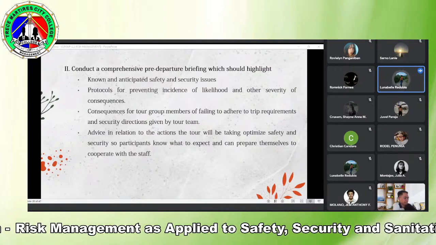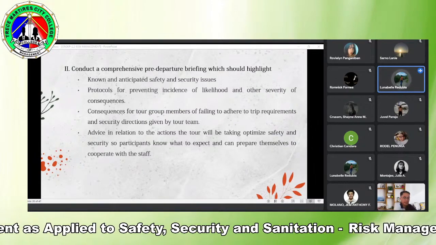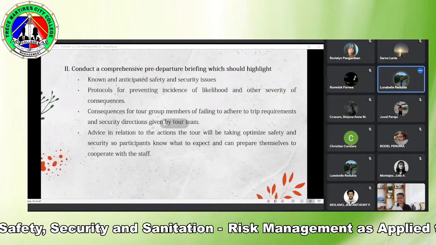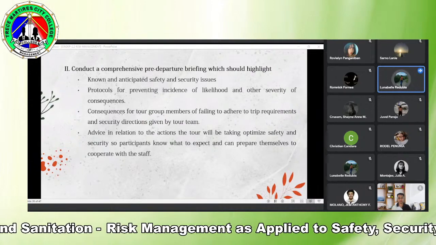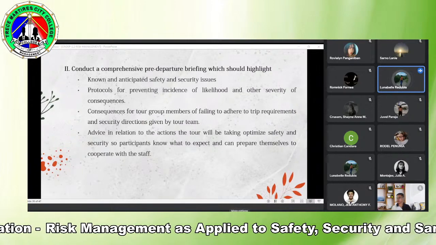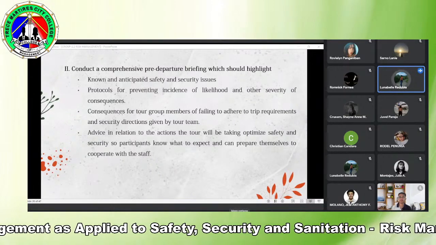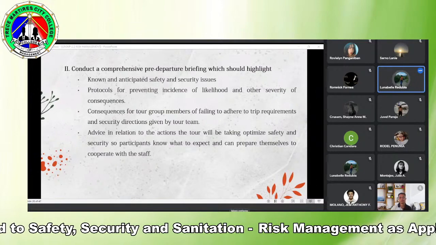Kasi pag sobrang init, your attendees could be at risk of dehydration or even heat stroke. Kung naman sobrang lamig, pwede silang mag-suffer from frostbite. Tapos, kung merong constant threat of storm, which could destroy equipment and pose a serious safety risk for attendees,